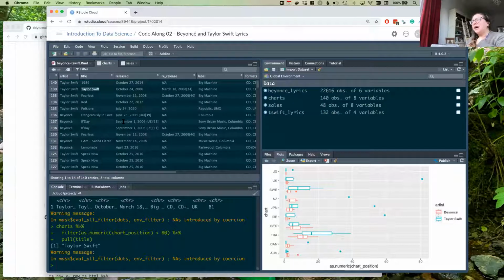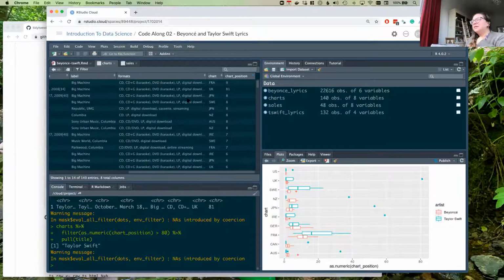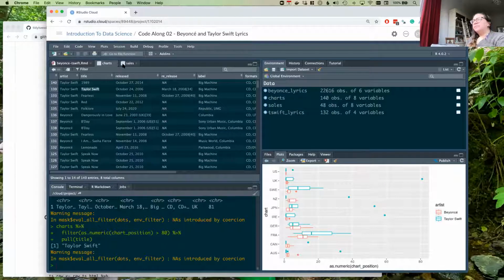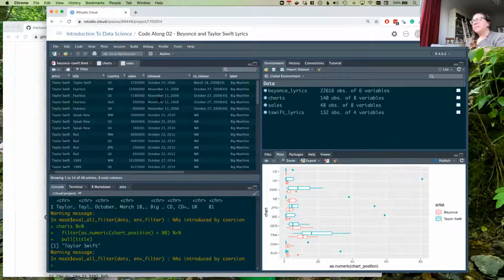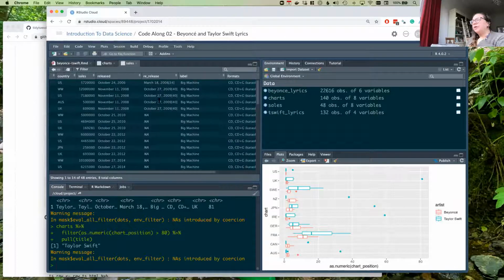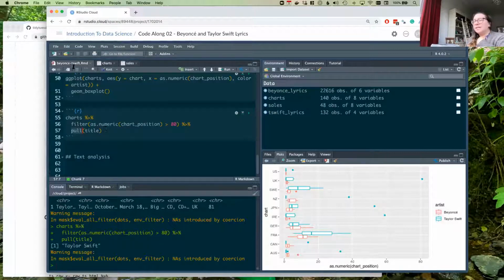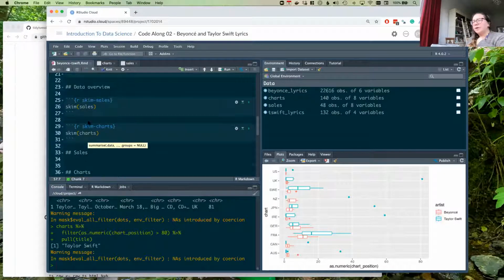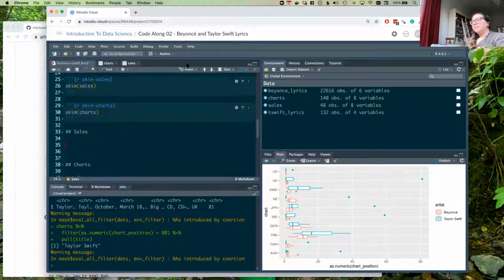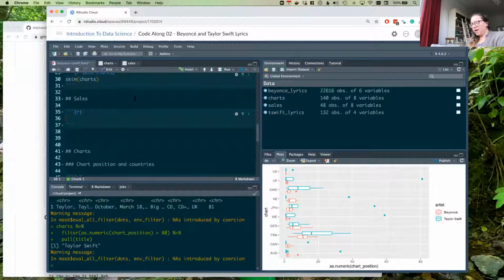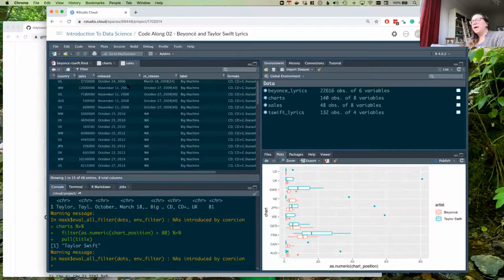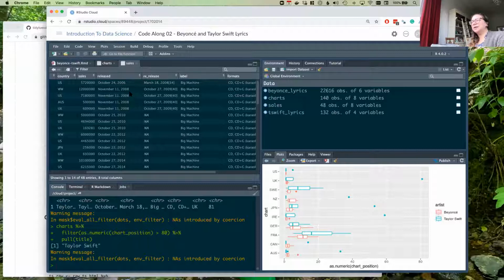But something like sales, we can look at the different sales per album for artist, or sales and release time is something we can definitely do. So how about let's start with that, sales and release time. So I'm going to go back into the sales bit here and say that we want to look at, so we will make a plot using the sales data set, right? And on the x-axis or on the y-axis, maybe we want to have the sales amount.